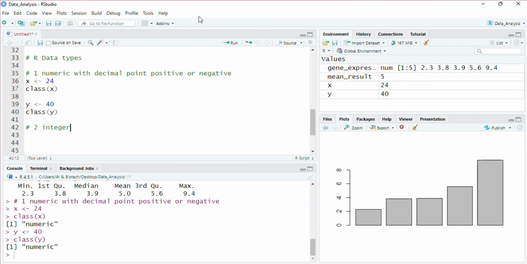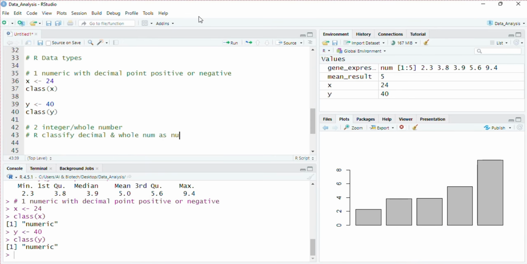Next data type is integer, that are whole numbers, but by default R classifies both whole numbers and decimal numbers as the numeric class. In the above case, I created two variables without decimal points and R classified them as numeric.